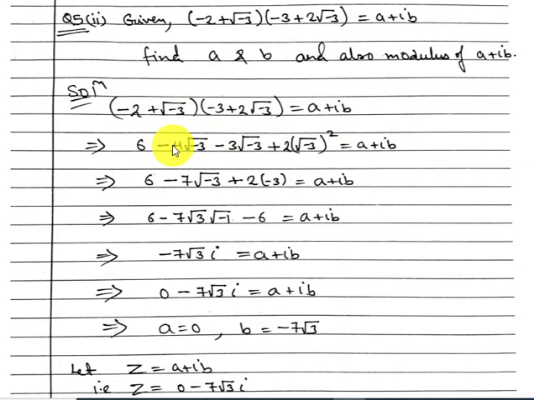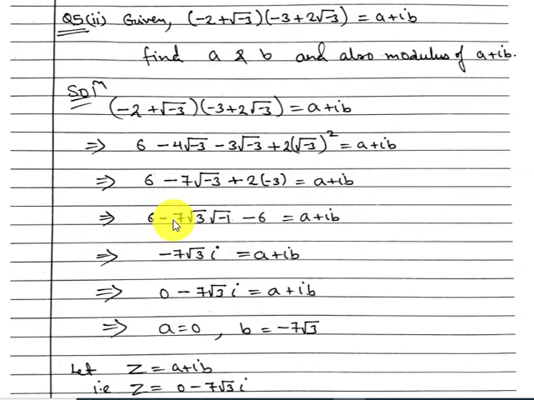Now what we'll do is, here you can see that minus 4 into a square root of minus 3 minus 3 into a square root of minus 3. So here minus 4, here minus 3, so it will become minus 7 into a square root of minus 3. And here you are squaring it, so this root symbol will be removed. You are left with 2 into minus 3. Clear? Equal to a plus ib.